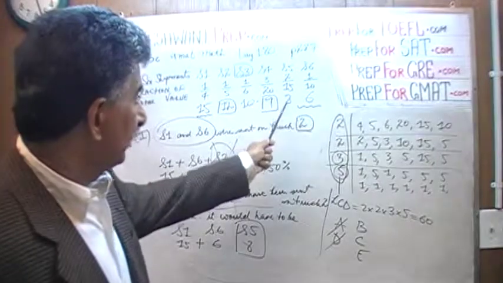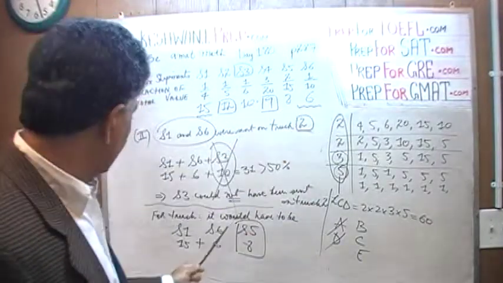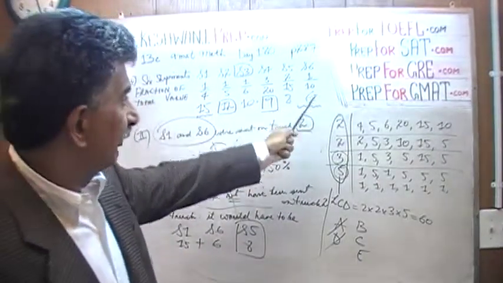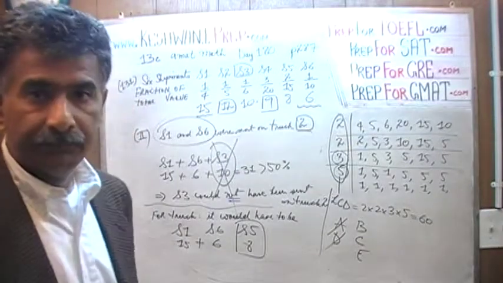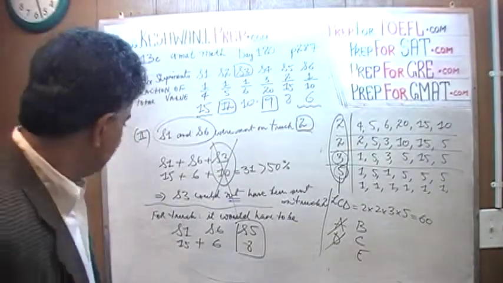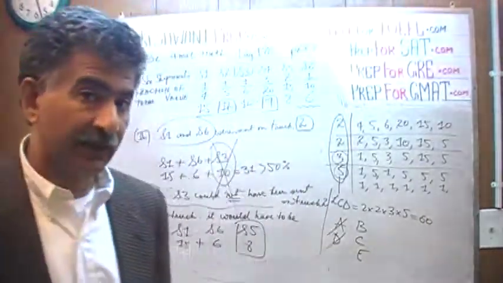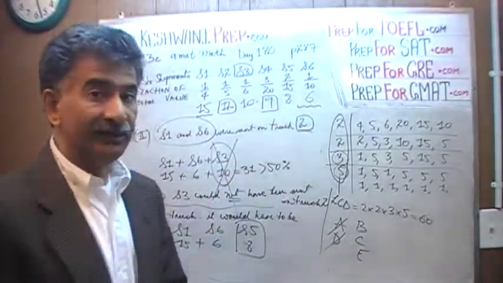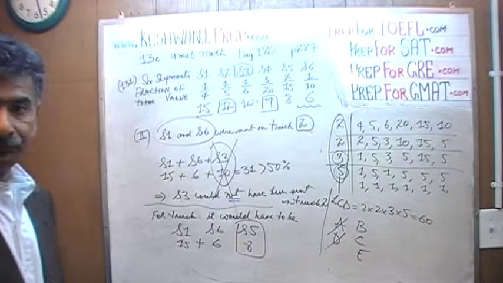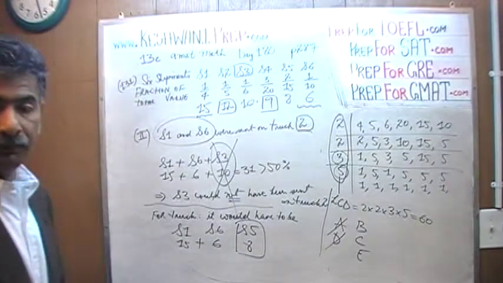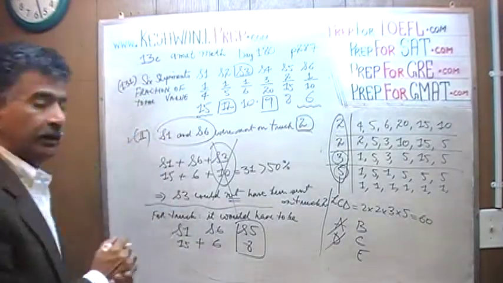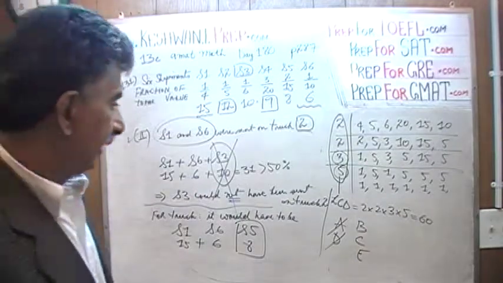There are only two choices, 5 and 6. We already know that shipment 6 is already on it, so it's got to be 5. There you go. So the answer to the question, was shipment number 3 sent on truck 1, is yes, because it's not here. If it's not here, it's got to be on truck 1. So the second statement by itself does the job. The answer is